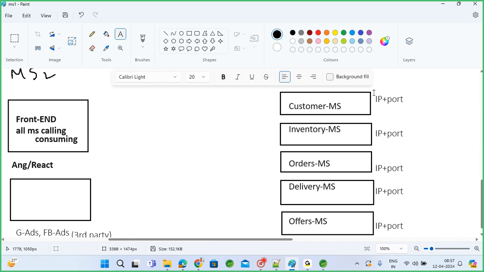And maybe for this IP and port number you may have one masked URL, one URL you can construct, like how we did in